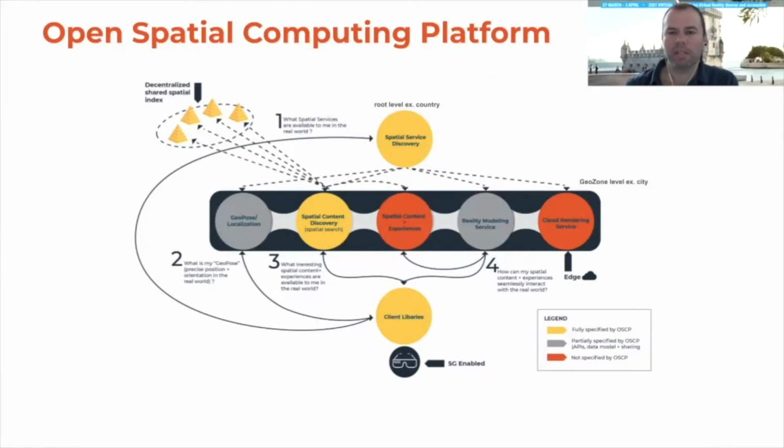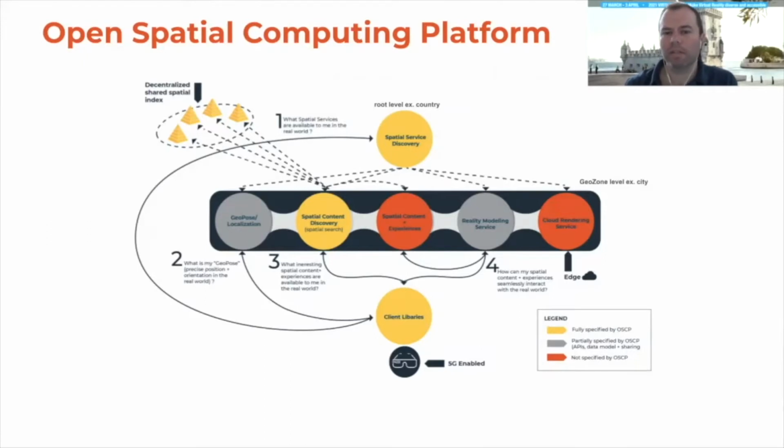And Spatial Service Discovery is essentially going to help us discover these lower level services that are available in the geozone. You could think of Spatial Service Discovery as being similar to a DNS hierarchy. So it may be homed to a particular country and operated by some sort of foundation. But essentially, it's a mapping of coverage polygons and their associated services. So the characteristics for those services, the URLs to contact those services, etc.